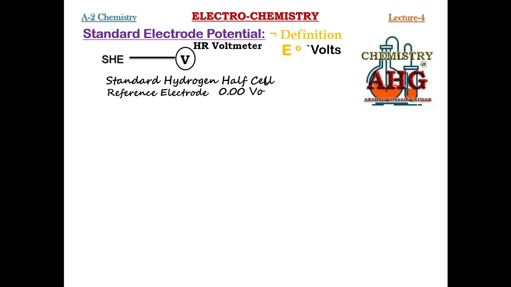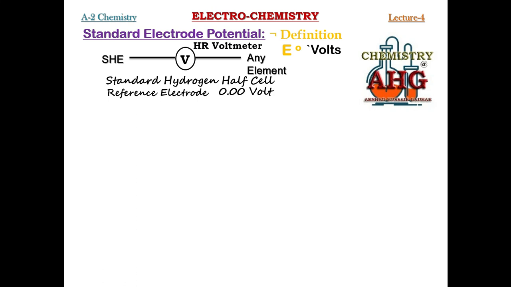So whenever we connect the voltmeter to two half cells, one half cell is that of the standard hydrogen half cell. The deflection shown by the voltmeter is the potential of the other element, since the potential of the standard hydrogen half cell is taken as 0 volt. On one terminal of the voltmeter we connect the standard hydrogen electrode, and to the other terminal we connect the half cell of any element whose standard electrode potential we want to determine. When this circuit is completed, the voltmeter gives us a reading, and that reading is the standard electrode potential of the element.